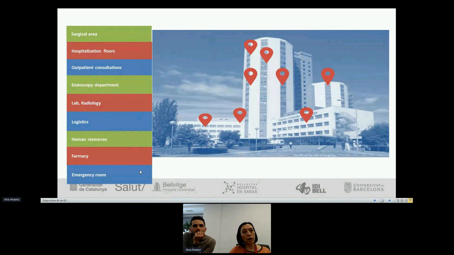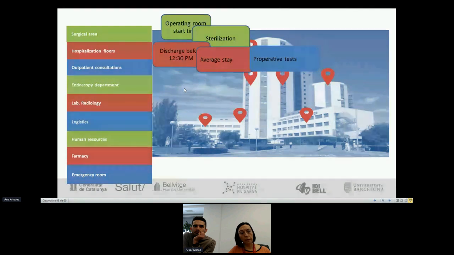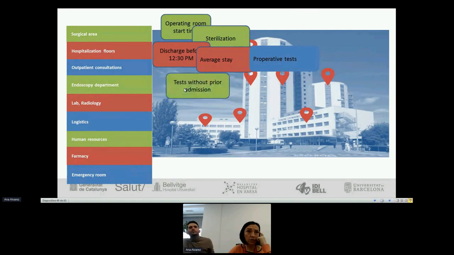And they are in areas covering almost 100% of the hospital. We have been working on the operating room start time, and in the sterilization, because we moved three surgical areas and three sterilization units to one. It's a big effort of efficiency. We have worked on discharge before 12 p.m., the average stay of some services, and some circuits of preoperative tests in outpatient consultations. The things that we have been explaining before in the endoscopy department, tests without prior admission,